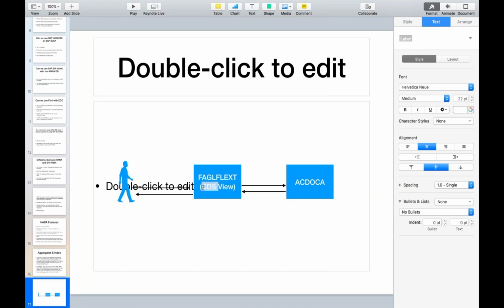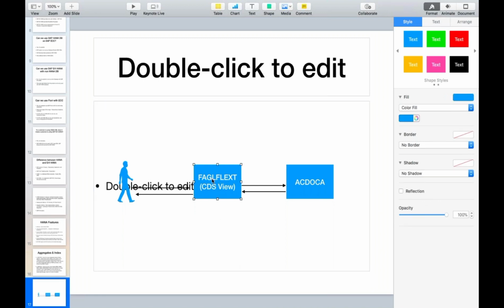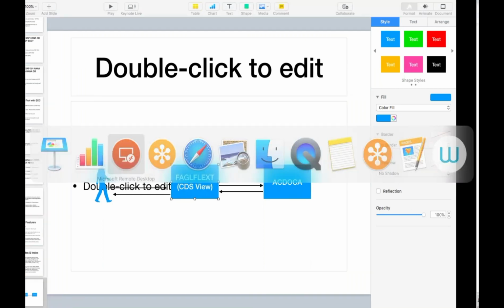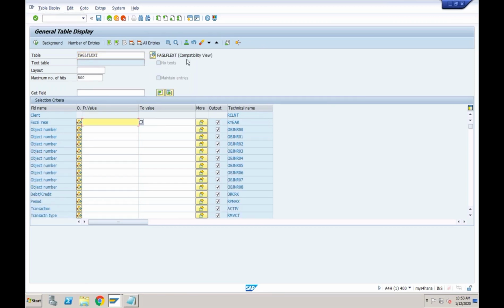There are different names which are given. You can call it just a view, you can call it a CDS view, you can call it a HANA view, but it is one and the same thing. How can you check whether this Faggle Flexi is still available in SAP or not? Let's go and see. If I go to SE16N and try this table, Faggle Flexi, you can see it is still available,